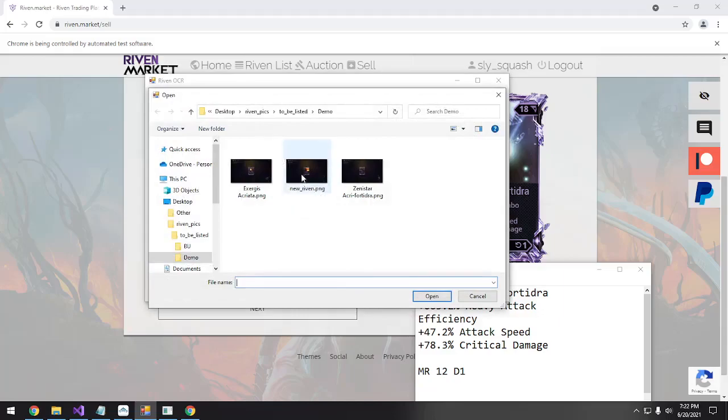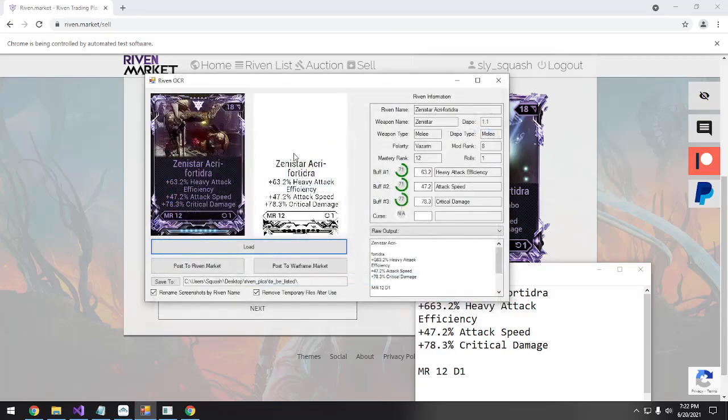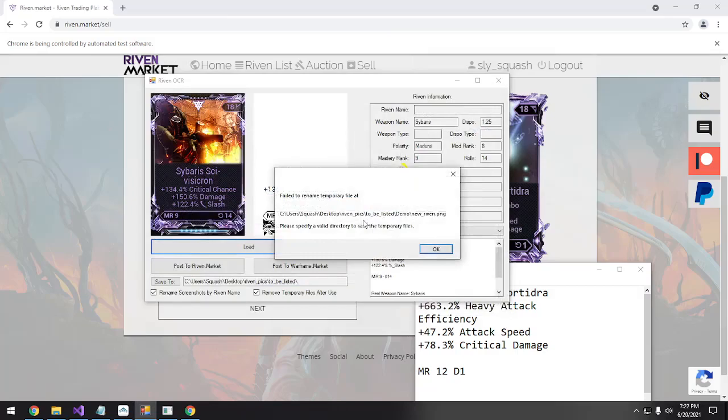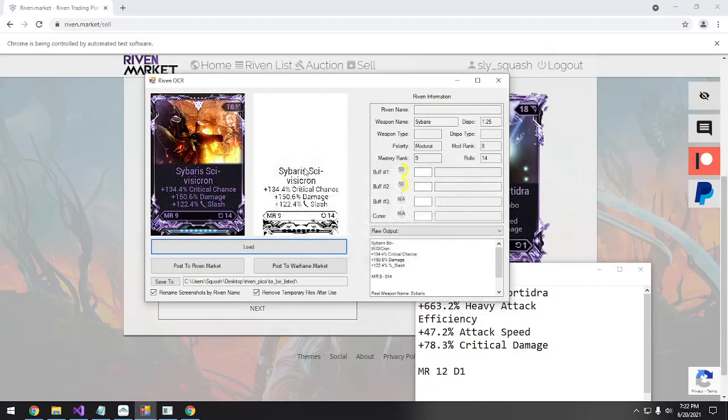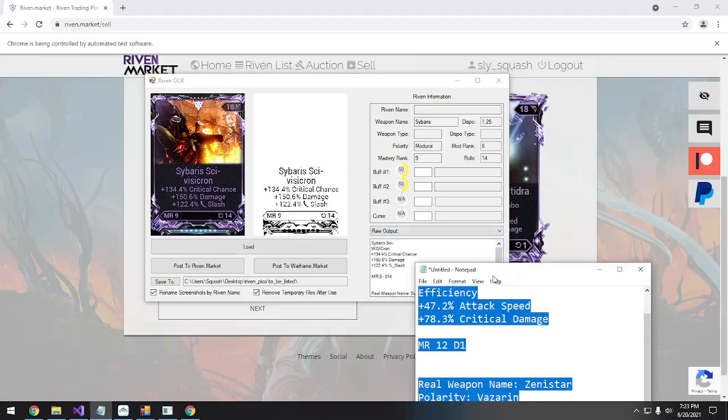The final thing we've done, let's load this guy here. What a mess. So you see, when I loaded this Riven, it wasn't able to do anything at all. Like, most of these fields just didn't get parsed at all. Now, why is that? Well, the one thing that we do, and this gets kind of complicated in terms of how we parse the string, but I do require an exact match on this field here, the Riven suffix. So when we look at our raw output, again, what that OCR engine gave us to work with,